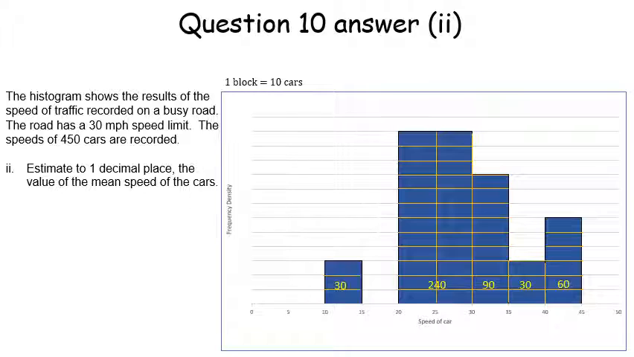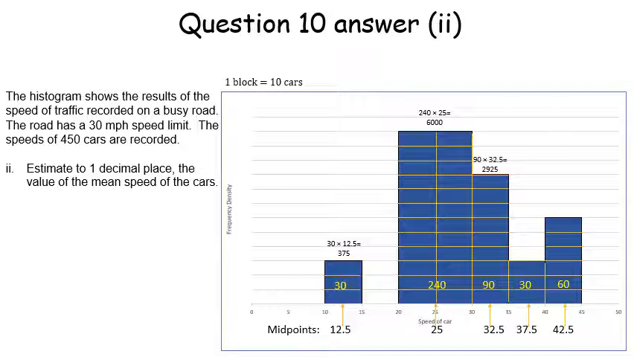To calculate the mean of group data, the first step is to determine the midpoint of each interval or class. These are 12.5, 25, 32.5, 37.5 and 42.5. These midpoints must then be multiplied by the frequencies of the corresponding classes, giving us 375, 6,000, 2,925,